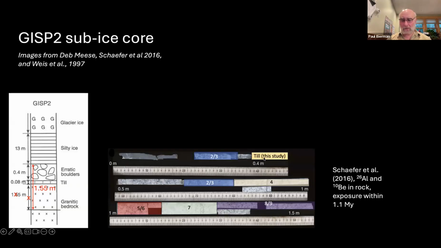We studied the till, this yellow here. You can see the centimeter scale there. Then this is the rock below, rock below, and so on. And Schaefer, in order to increase their measurement precision, combined some pieces. So they combine these two pieces, single piece, combine these, this one. And then they combine these two pieces, which it turns out are an erratic and the rock below with the